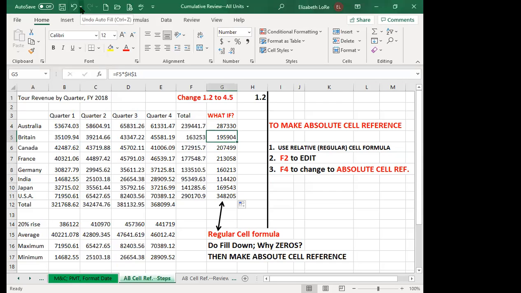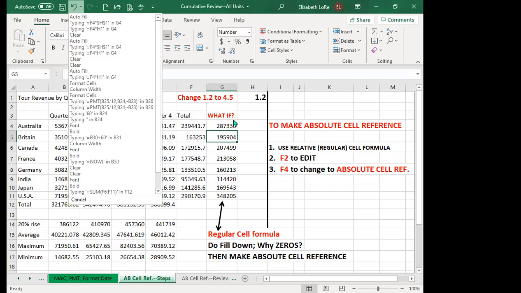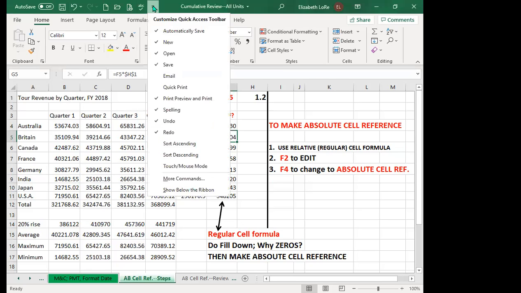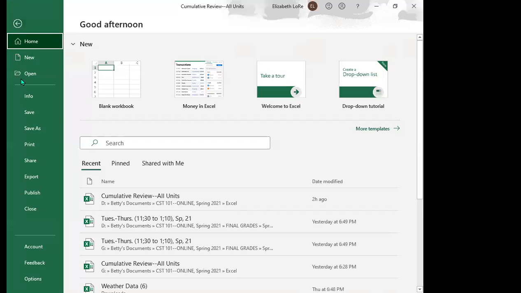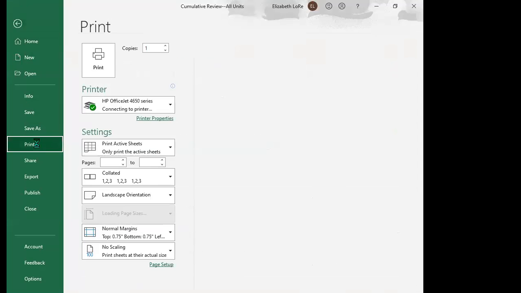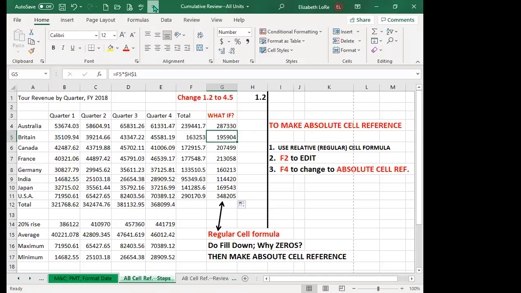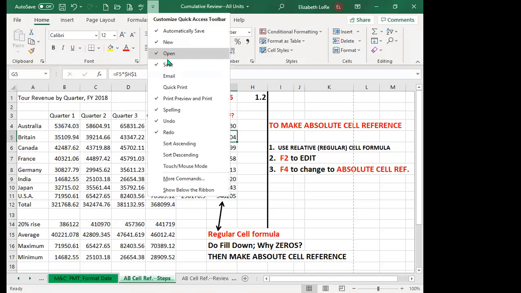See this? Nope, that's not it. There it is. Okay, right here. Quick access toolbar. These are just things that, instead of doing file open, file new, etc., you use a lot. So what are you doing? You're saving yourself one step. That's what you're doing. Okay, so you go here to this arrow and you check which ones you want to